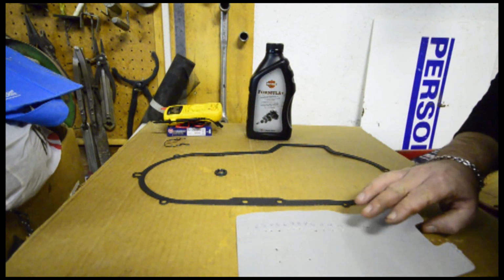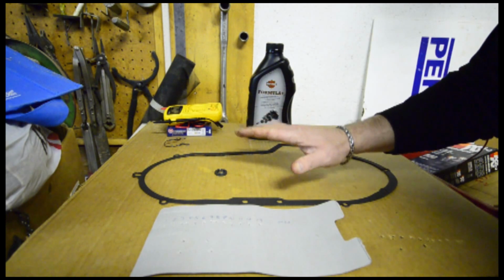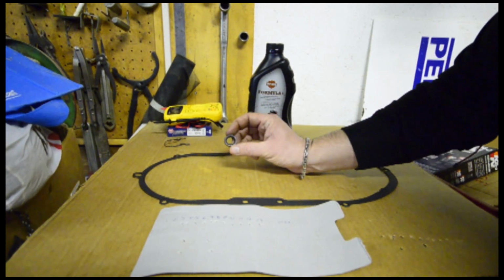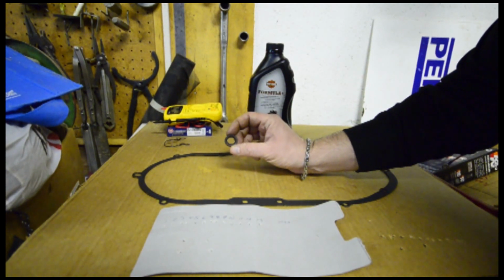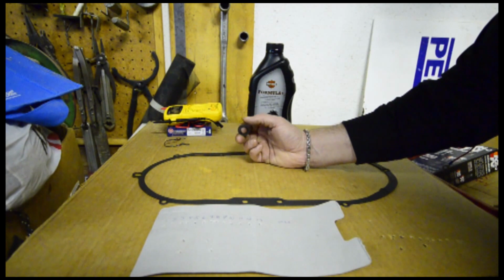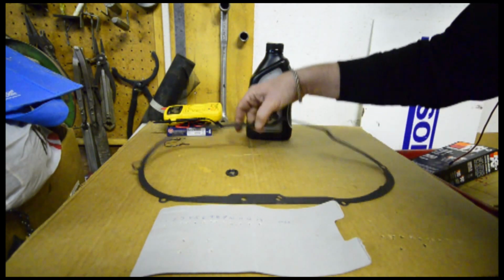This is our gearhead portion where we're going to be working on this custom Harley chopper. We are going to do some work on the primary cover. This seal here that you see is the seal for the shifter. It's been leaking for quite a while, so we have to replace this. And in order for us to replace this properly, we have to remove the primary cover, which also means replacing